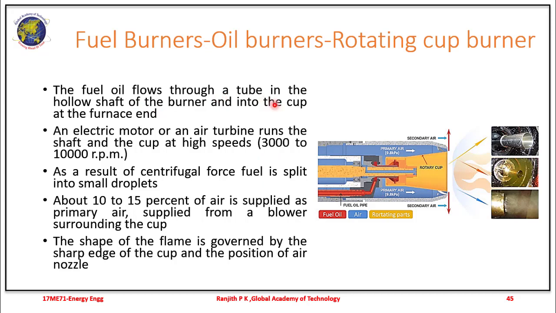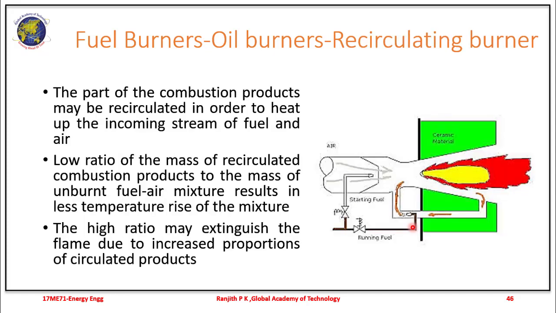In case of the rotating cup burner, the fuel flows through the tube in the hollow shaft. You can see here, there is an electric motor or an air turbine that runs the shaft and the cup at high speed. So this is the cup which rotates at high speed, and there is a centrifugal force set up, and this centrifugal force splits the oil into small droplets, and there is air that is supplied as the primary air from the blower which is surrounding the cup, shown here in the blue,